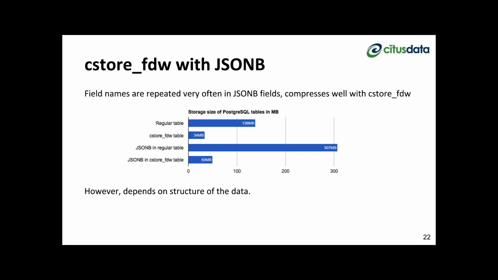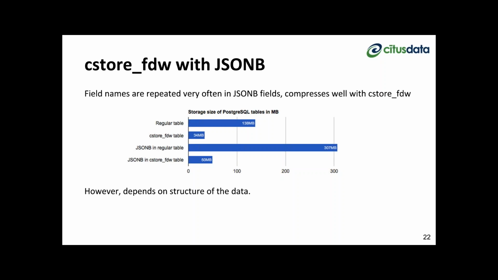So a more advanced use of CStore is combining it with JSONB. As I said before, the JSONB is huge. I mean, it's efficient in comparison to the JSON format, but compared to relational tables, at the very least, it takes up a lot of storage space. So here you see in the graph some examples of our customer reviews data set. What happens if you just load it into a relational table? It's about 138 megabytes. But then a CStore table is only several times smaller. But the JSONB form of that same data is more than 300 megabytes. And so this is quite a big cost. But you can bring that back down to 50 megabytes, so more than 6 times reduction,